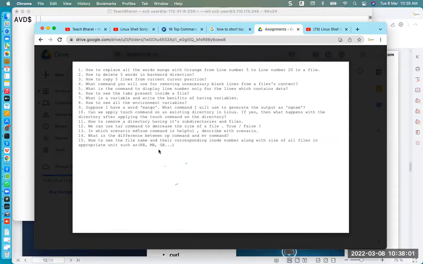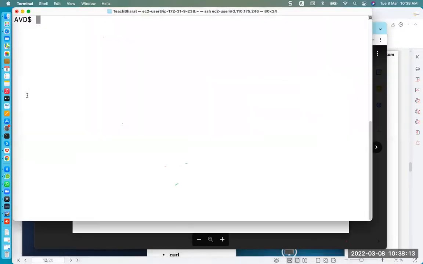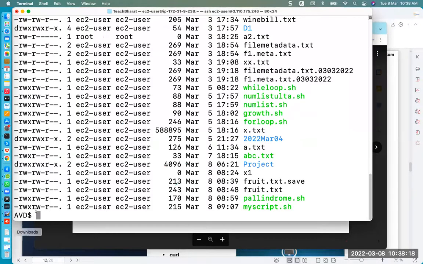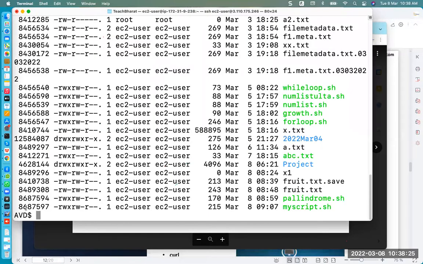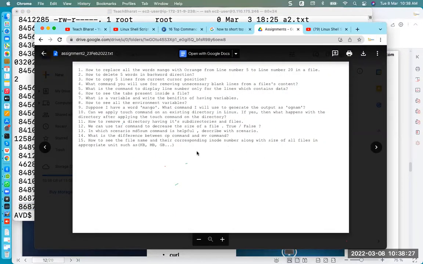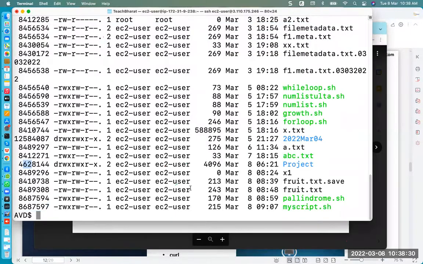नेक्स्ट, how to see the file name and the corresponding inode number along with size of all the files in appropriate unit such as... ये बड़ा कमांड नहीं है, ये दिख रहा है बड़ा। सो हम लोग जब ls -ltr करते हैं यहाँ पे ऐसा दिखता है, बट मेरे को चाहिए फर्स्ट कॉलम, मतलब इनोड नंबर। ls -ltr में i कर दीजिए। तो ये इनोड नंबर दिखाता है। मुझे चाहिए पहले इनोड नंबर, उसके बाद नेम, फाइल का नाम, उसके बाद साइज।